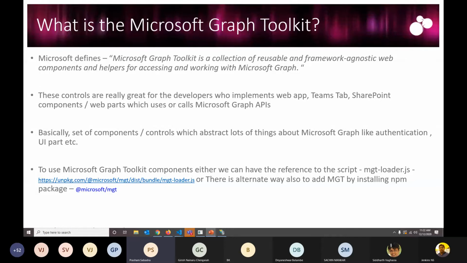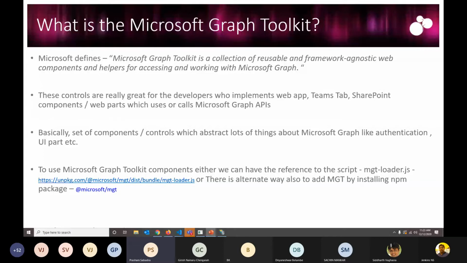Then, with the help of providers, they handle the authentication part and the UI parts themselves. We need not worry about authentication, because when we access the Microsoft APIs, we need the access token. To get the access token, again we need the Azure application ID or the secret key or a super admin account username and password or certificate, and then we need to write some code there. These kinds of things are handled by the providers.